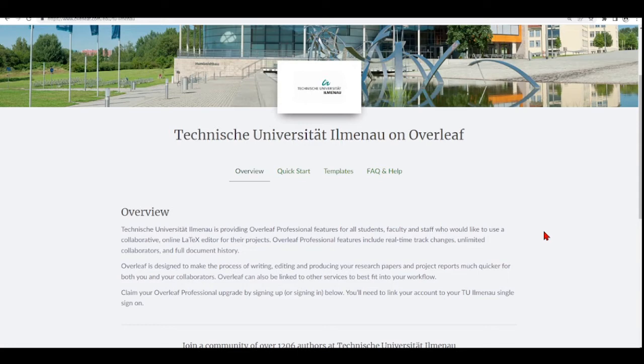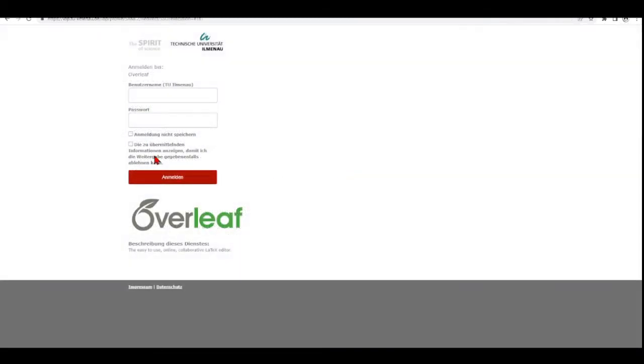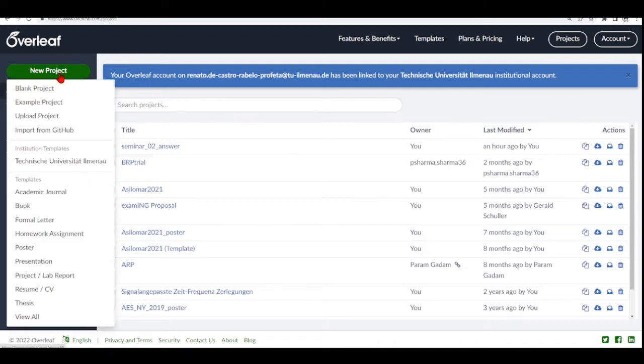their projects. So what you need to do is link your account and enter your Benutzername, your username, and your password, the same you use to access your other sites of TU Ilmenau, the Nextcloud and the Moodle. So I will enter my data here, and now I have access to the Overleaf online editor here. So for the seminar, what you need to do is go to New Project and you